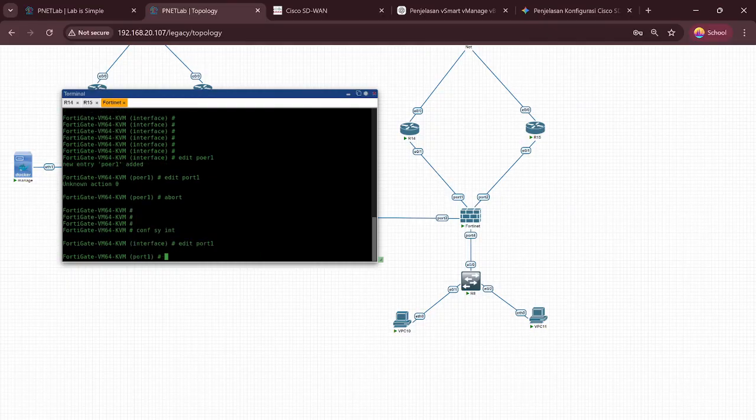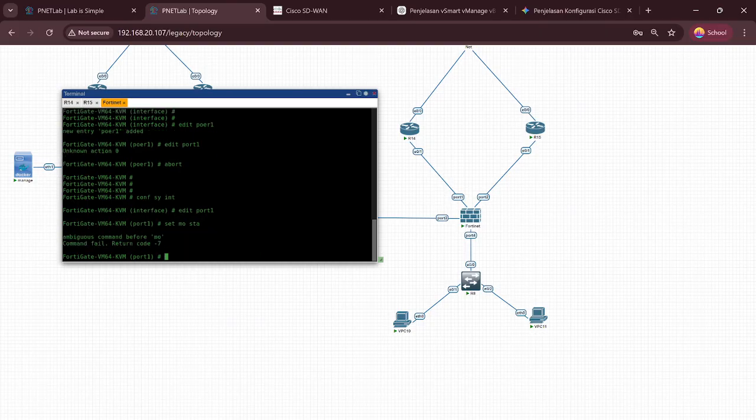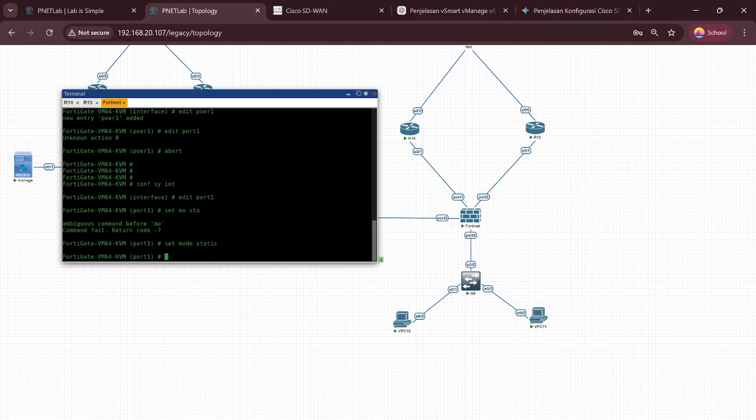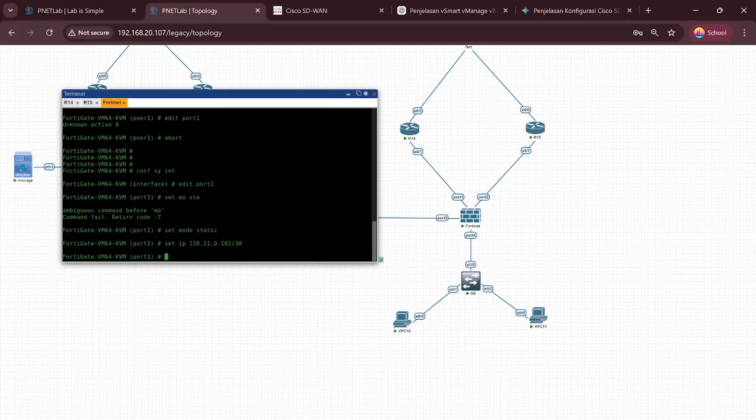Edit port 1 and set mode static. Set IP address and prefix 30.